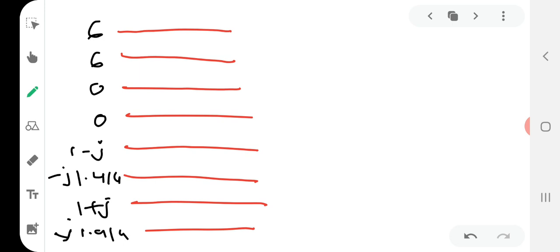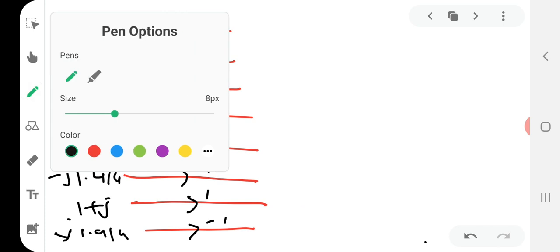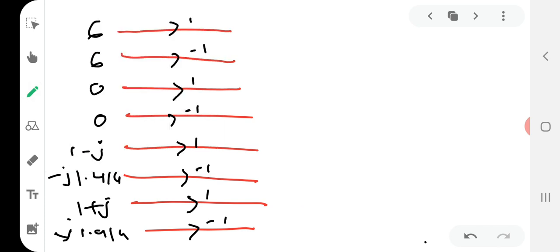Okay, now how we will mark the cross marks? And this magnitude also we have to mark. This will be 1, this will be minus 1. Now we are making one-line groups. Okay, this will be 1, this will be minus 1, 1 minus 1, 1 minus 1. Okay, now we have to draw the cross marks. Then how we will draw? This will be one group, this will be one group, this will be one group, and this will be one group,